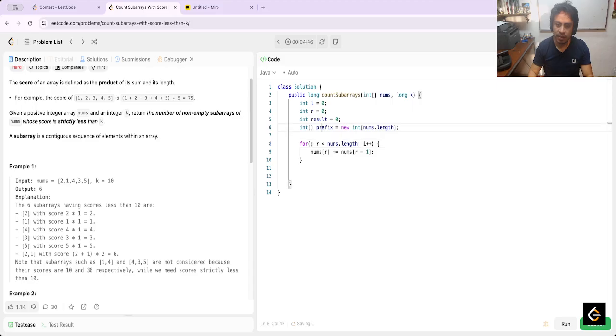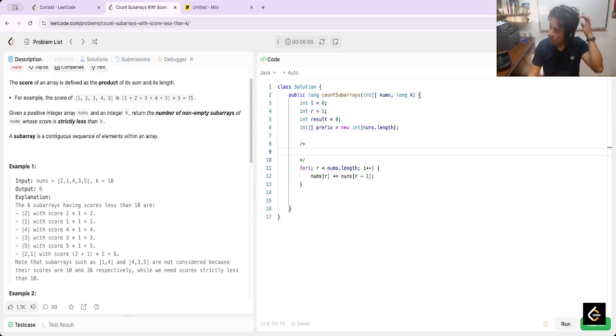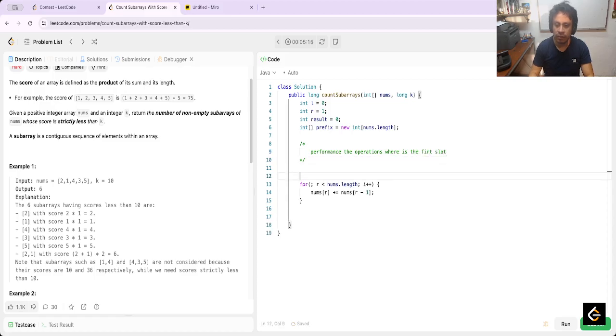Yeah, but this means that it should be starting at 1, and performance. Hello Sionix, sorry. Now here, performance in the operation, where is the first slot? And now this happens because it's starting at 1, and